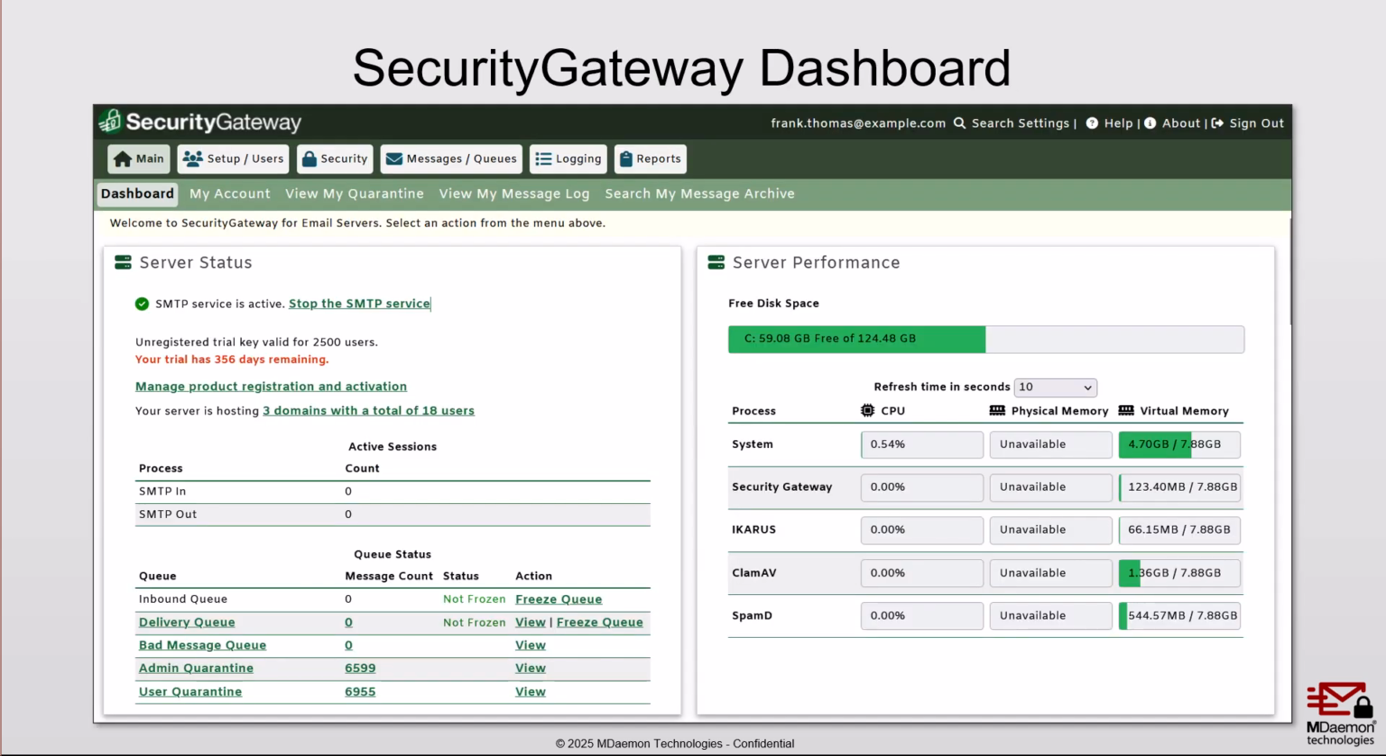And this is what the Security Gateway dashboard looks like when you first log into Security Gateway. As you can see, you have some statistical information on the left-hand side: any currently active sessions that are running, inbound and outbound sessions, and how many days are left on your registration key. In this case, I have a trial key, so I have 365 days remaining. The status of the various mail queues: your inbound queue, delivery queue, your bad messages queue, administrative quarantine, and your user quarantine queues. As you can see, toward the bottom left, I have over 6,000 messages in each of